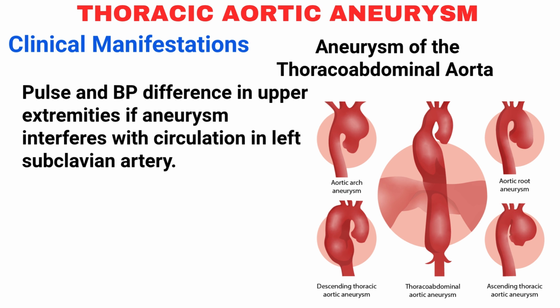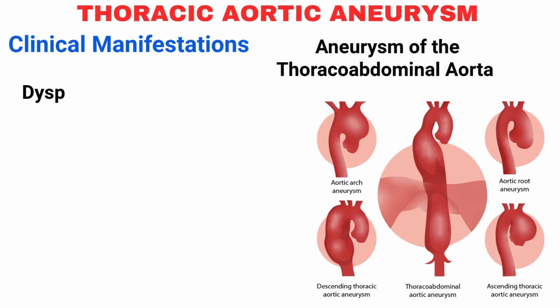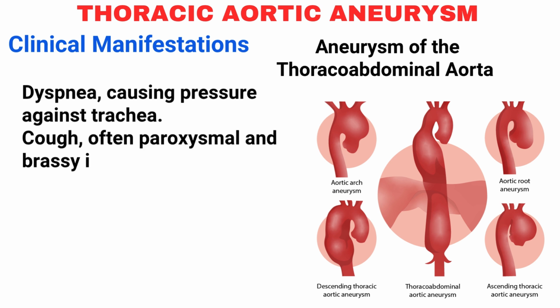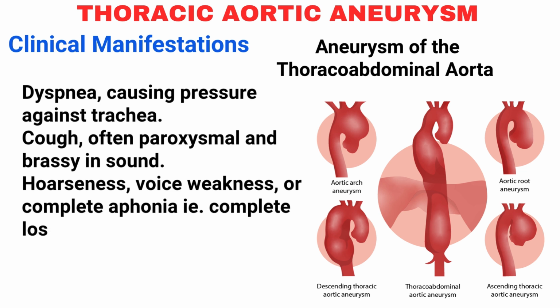Pulse and BP difference in upper extremities if the aneurysm interferes with the circulation in the left subclavian artery. Pain and pressure symptoms, like constant boring pain because of pressure, and intermittent and neuralgic pain because of impingement on nerves. Dyspnea causing pressure against the trachea, cough often paroxysmal and brassy in sound, hoarseness, voice weakness or complete aphonia, that